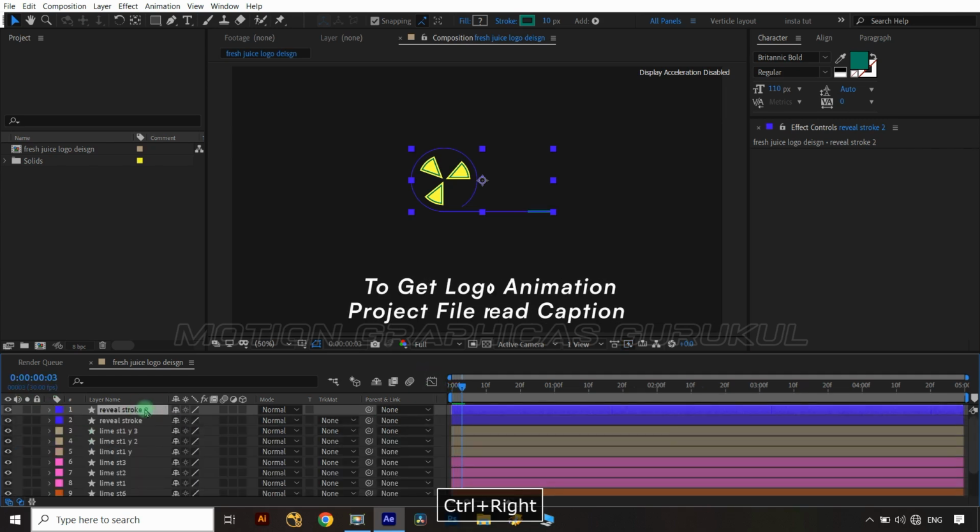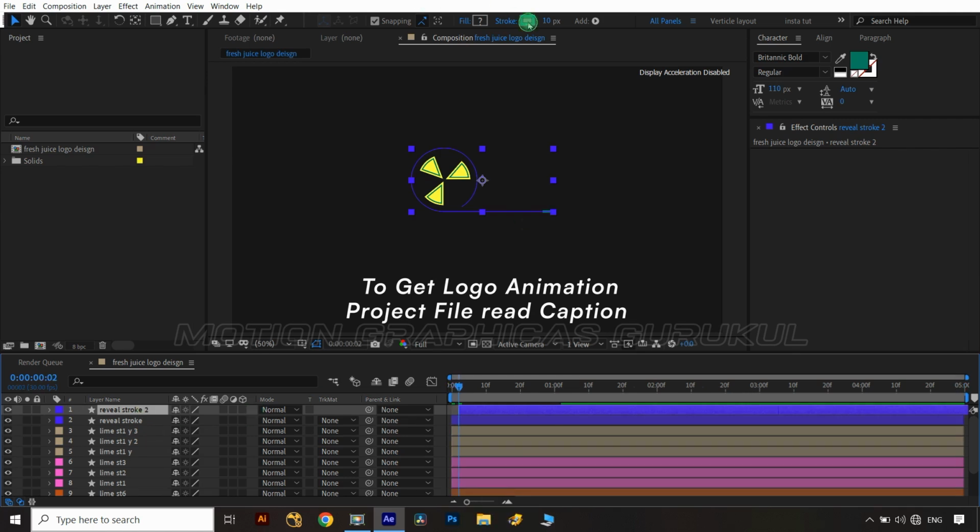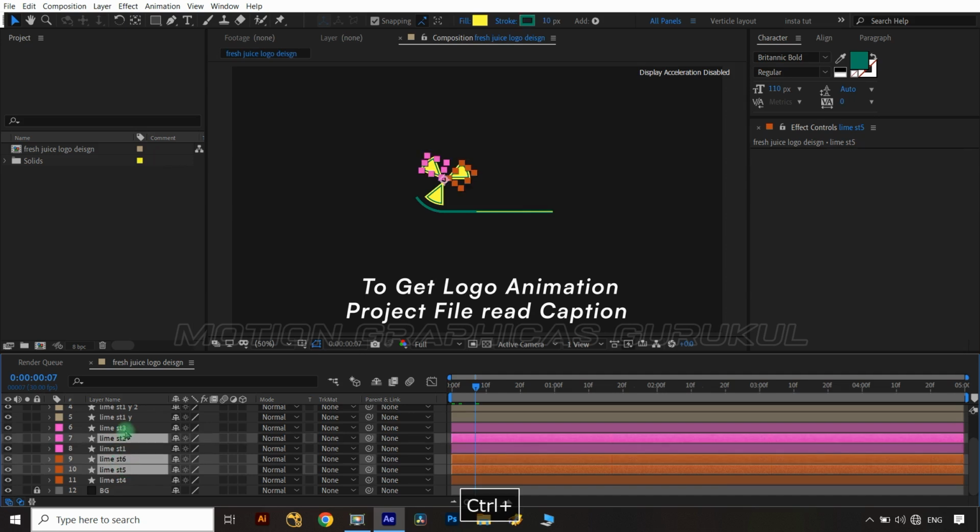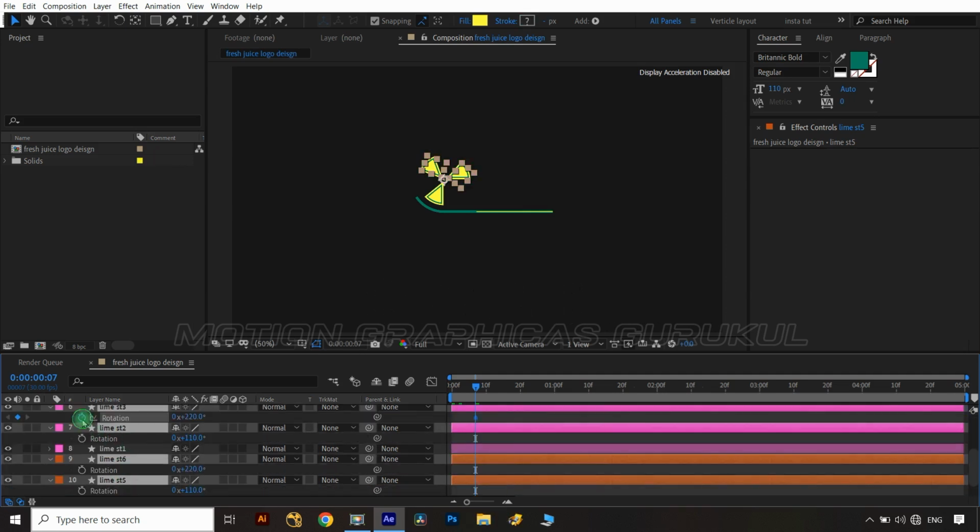Now duplicate start stroke layer, then jump ahead 2 frames and offset duplicate layer as second frame and change stroke color to yellow. Now select rectangle layers as I showed and open rotation property for all layers and apply 2